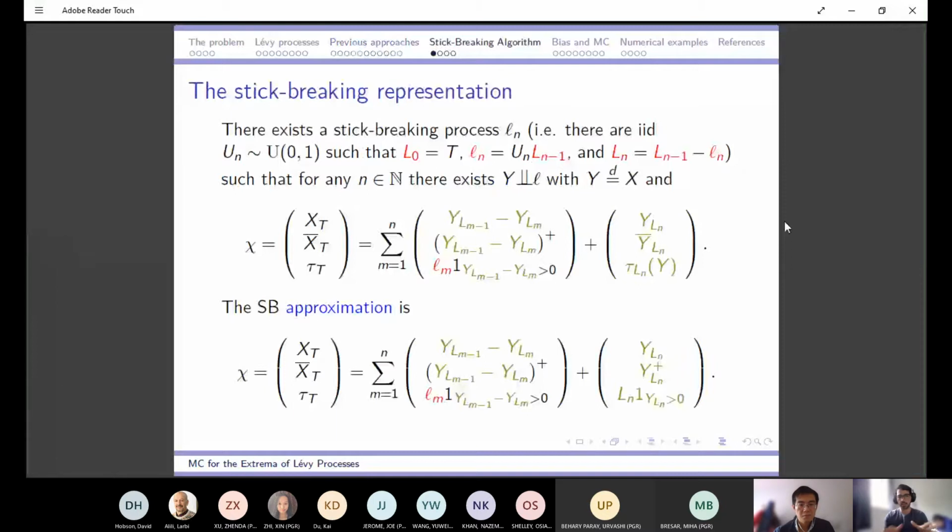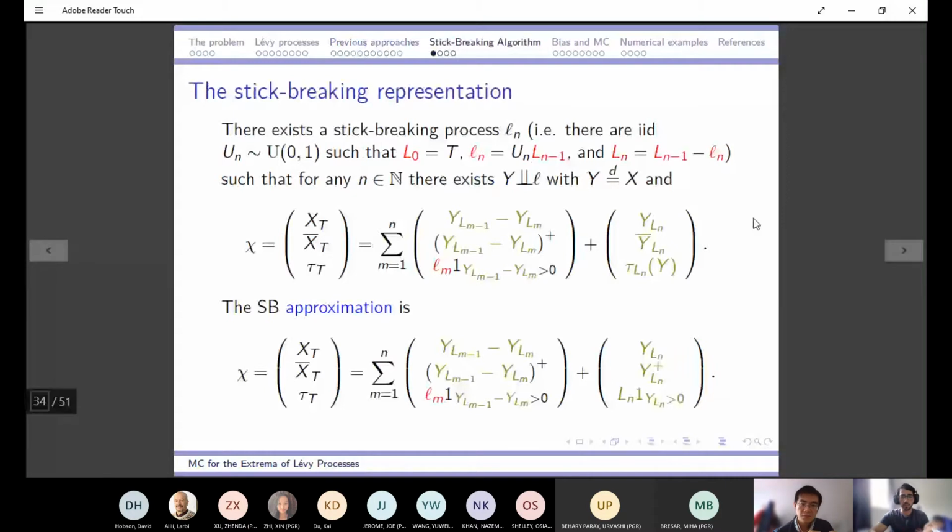So I won't explain exactly how this comes about, but of course, if you have questions at the end, I can explain roughly where this idea comes from. For now, I'll just take it as a fact, okay? I have my vector here of interest, which is just x_t, x bar t, and tau t, and I know